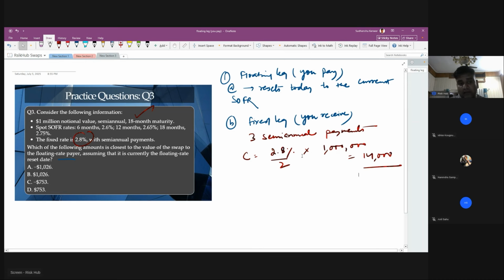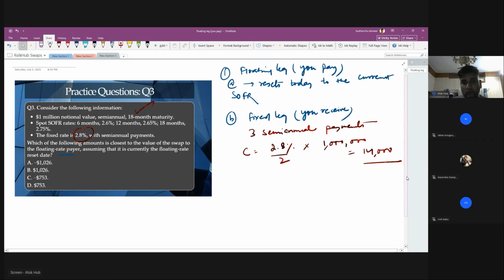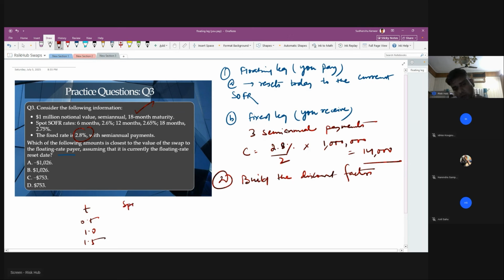Now let's go to the SOFR curve. You have been given three things. The next step is you build the discount factors, because you have to take the present value now. So you see that t is equal to 0.5, t is equal to 1.0 and 1.5. The spot rates given to you were 2.6, 2.65, and 2.75. Once you have the spot rates, the discount factor will come out as 1 divided by 1 plus 0.026, the first rate, 2.6, into 0.5, because it is obviously 6 monthly. That is how you calculate it, and it comes out at